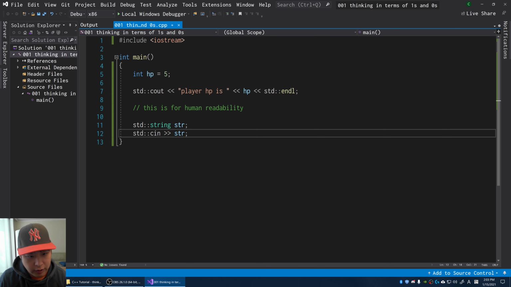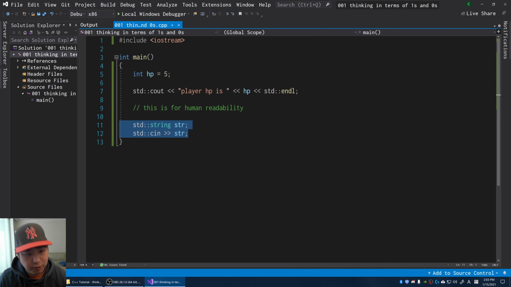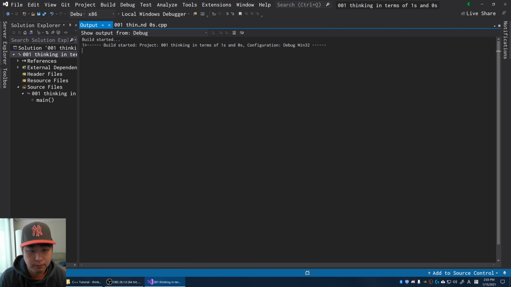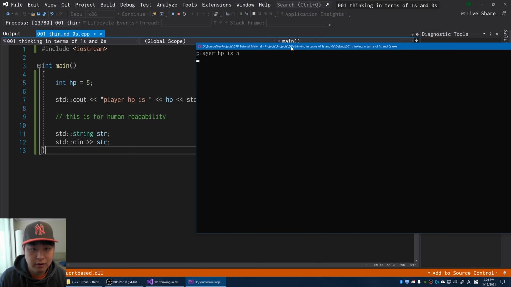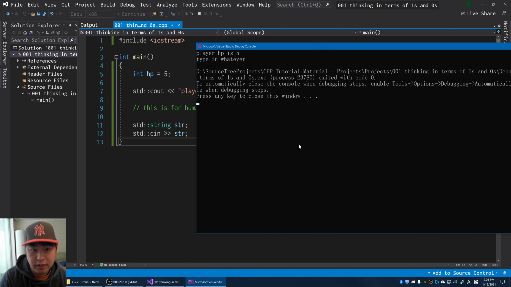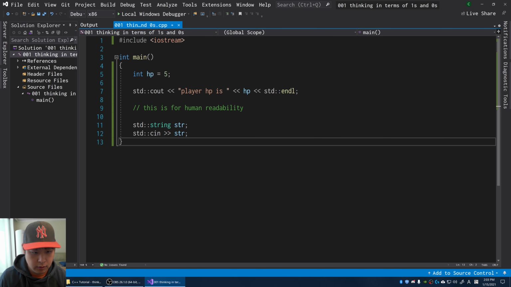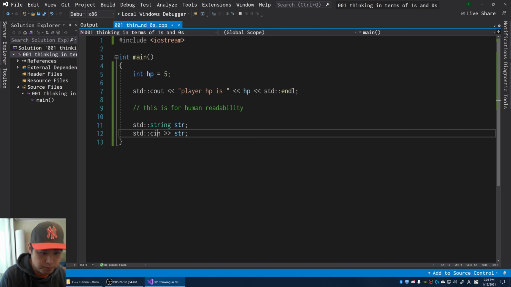This means that we're going to wait for the user input, and after we get the user input, we go to the next line, and then that's the end of our program. So if I run this again, okay, after we say player HP is 5, we're waiting for the user input, type in whatever. If I press enter, that's when the game ends. Okay, so use this if you have the auto close.